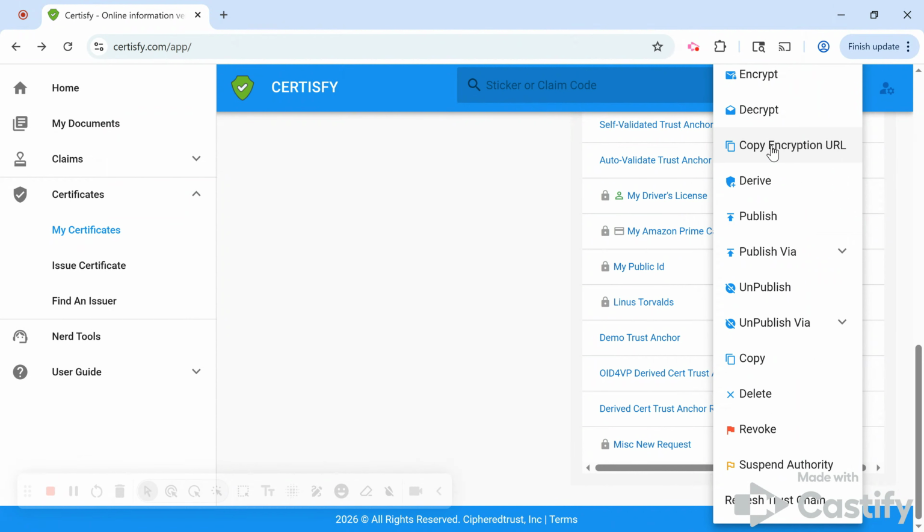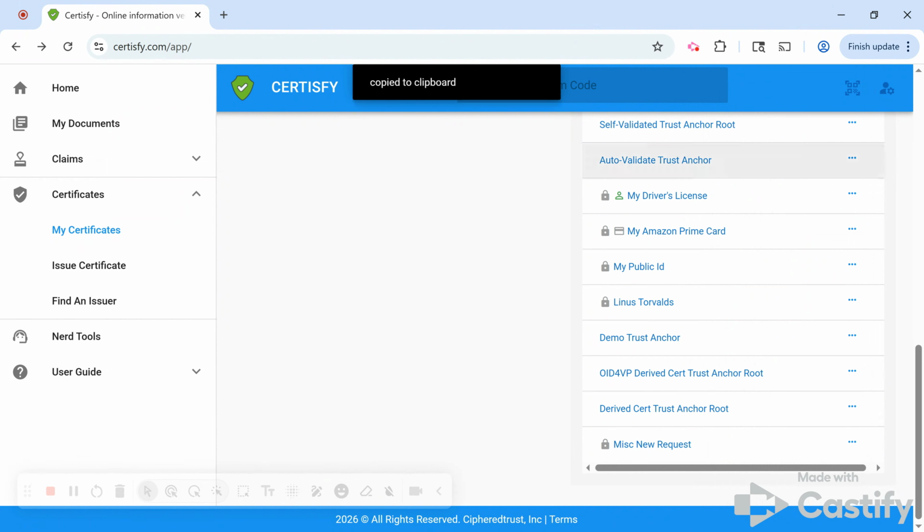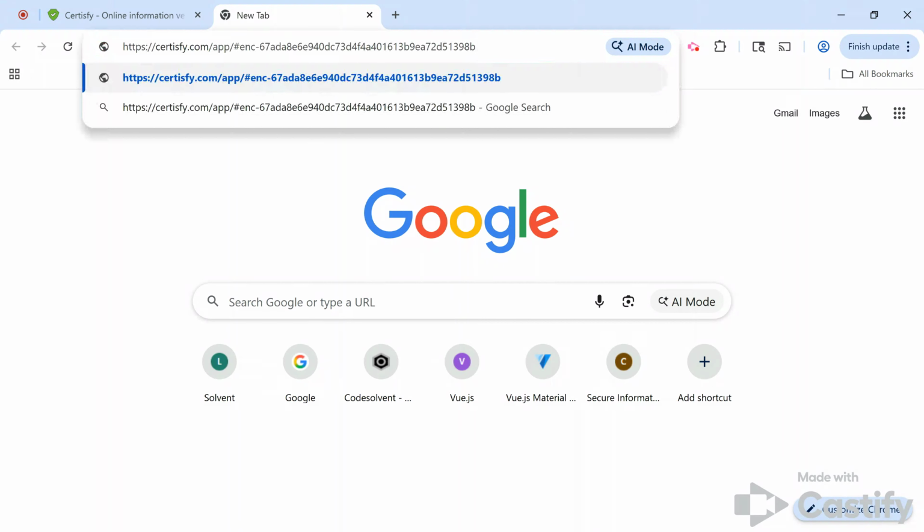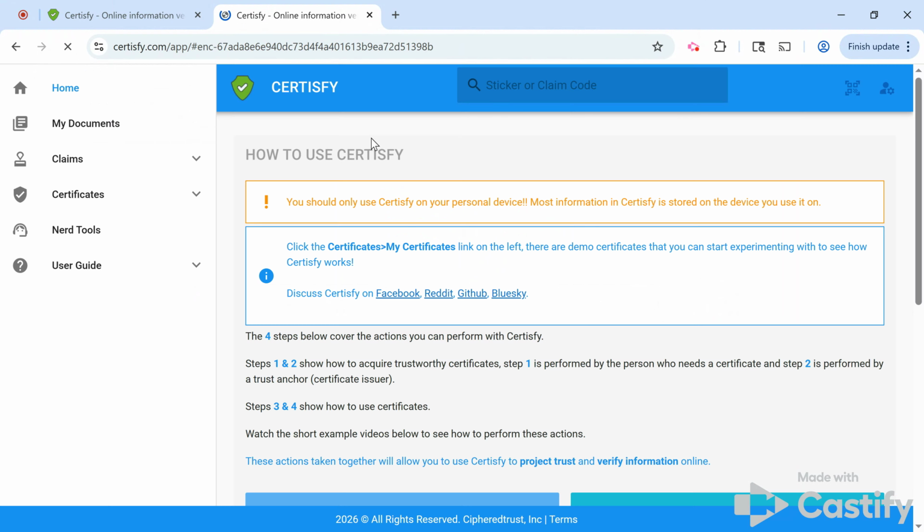So there's nothing groundbreaking here. We can either use this menu directly by encrypting. I'm going to copy a URL which is meant to be something that you can post on the internet. So if I paste this here, this is something you can post on an internet profile, or maybe in a messaging forum to say, hey, send me a message. Here's a link you can use to encrypt that information. When you click that,